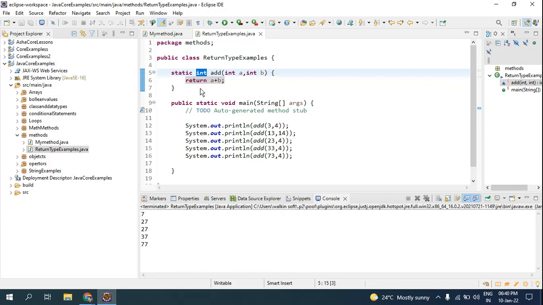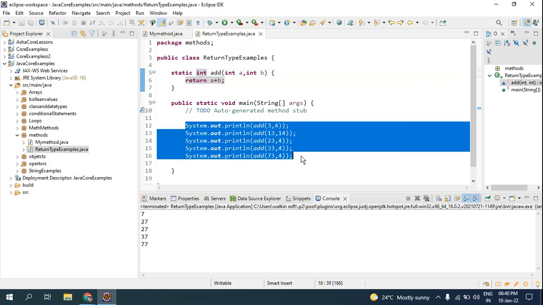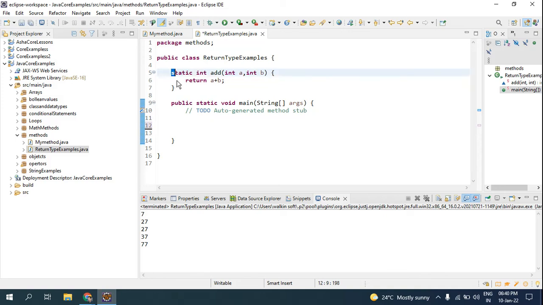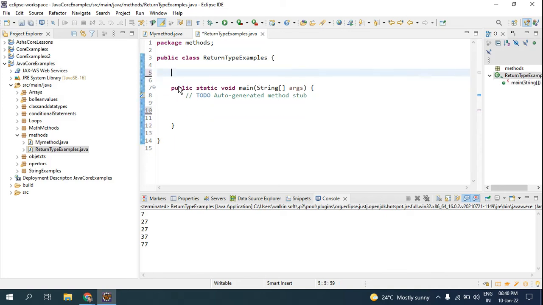So what I'll do is remove everything here. I'm doing it multiple times so that you know the syntax. The syntax is, for now I'm using static, as I said, since you are not aware of objects. Once you learn about objects, the static keyword will be replaced by the public keyword. For now assume static. I'll use void because I don't have any return value. Then I'll give the function name as check. Now I'll give the parentheses. Now I'll give the code braces. Inside this I have to execute the code.